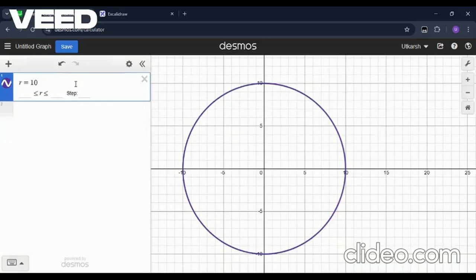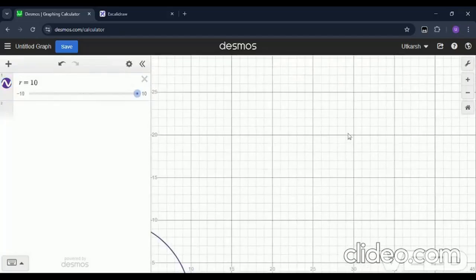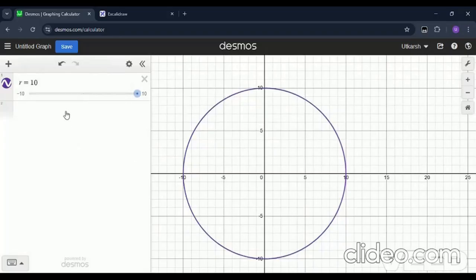And the only drawback which I feel of the polar coordinates is we can't draw a shifted circle. It will only give you a circle centered at the origin. And to be honest, I don't feel this is a big drawback, because if I have to draw a circle which is shifted, then I can simply shift my graph like this. So whenever in the future I will be requiring a circle, I will simply